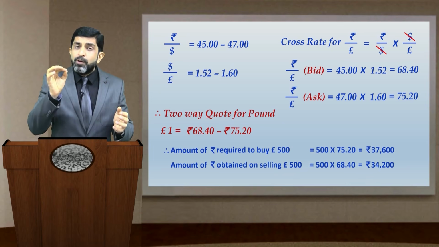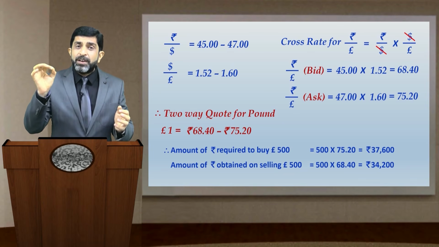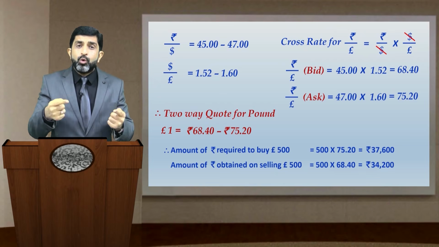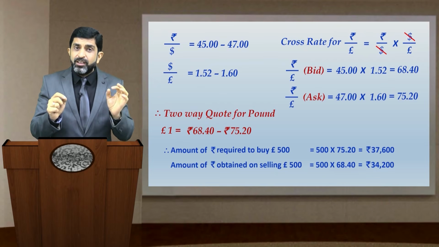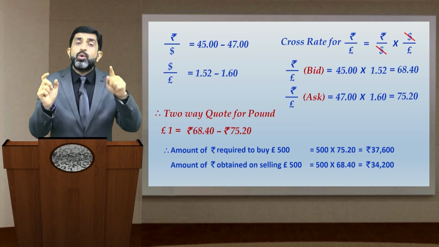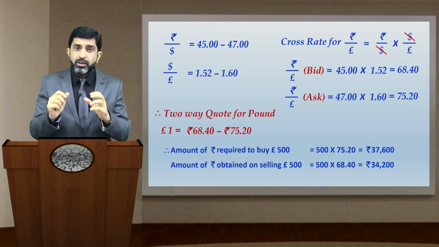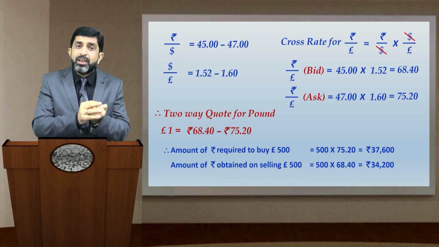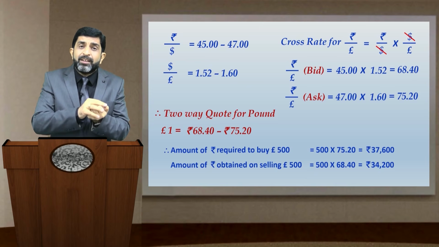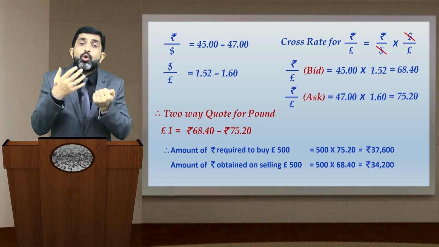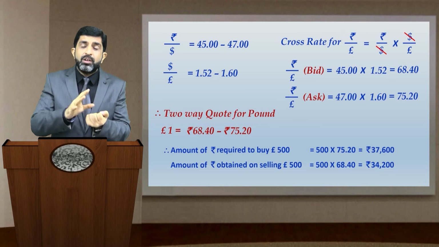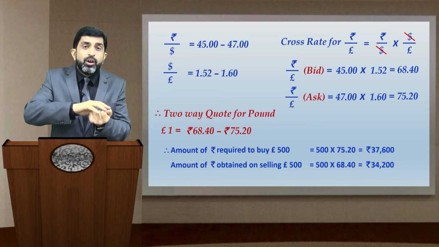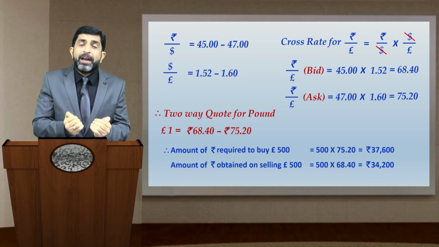What that bank will do, 500 multiplied by 1.52, the bank will hand over to me $760, correct? 500 into 1.52 would give you $760. So I got $760 in my hand. But I don't want 760 US dollar. I basically don't want US dollar. I want Indian rupee. But this bank has given me US dollar. Now what is my need? To get rid of this US dollar, right? I have to sell away this US dollar and get rupees finally.